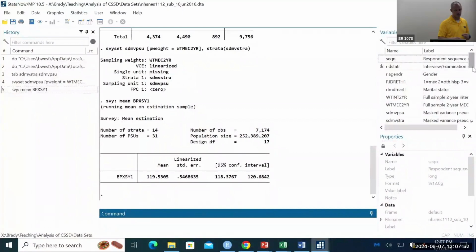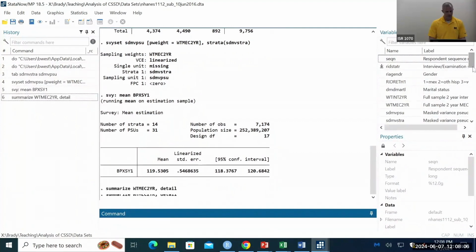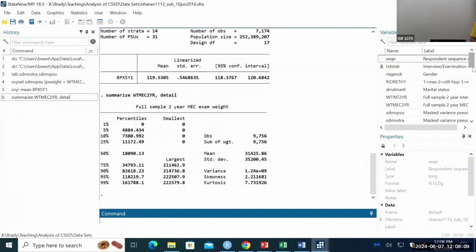This is just a little example, but if you wanted to calculate the coefficient of variation of the weights, for example, you could say summarize, and then WT MEC 2-year, and you have to add a detail option to do that. And that will give you the standard deviation of the weights and the mean of the weights. So remember, the calculation was the standard deviation divided by the mean, squared, right? Instead you can say display for this kind of calculation. If I just take roughly 35.2 divided by 31.4, and then I square that quantity,